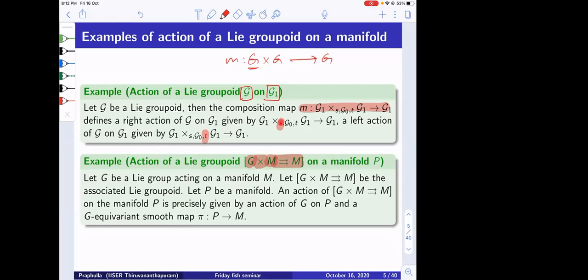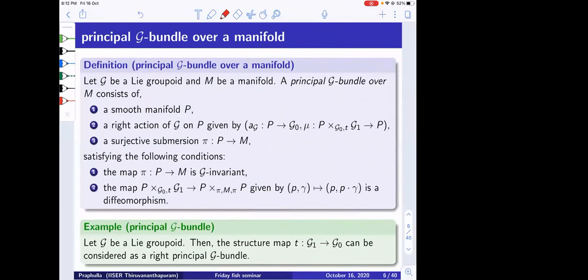Lie groupoid, an action of this Lie groupoid on a manifold P is simply given by a map pi from P to M, such that this map P to M is... okay, this is the typo. No, that's actually correct. So this map pi is G equivariant. So this is what an action of a Lie groupoid on the manifold P means. Okay, now